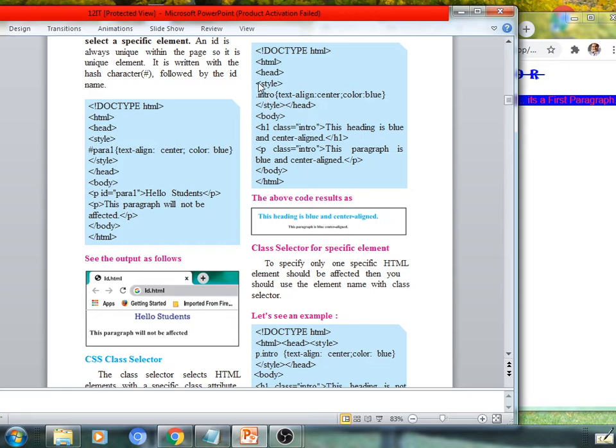Again, within a head section, a style with its end tag, dot intro is applied, whatever name is to be given to define a class. Within curly brackets, property number 1 with respective value, property number 2 with respective value, one can apply. In the same way we will apply this, and we will check out what effects they are applying.